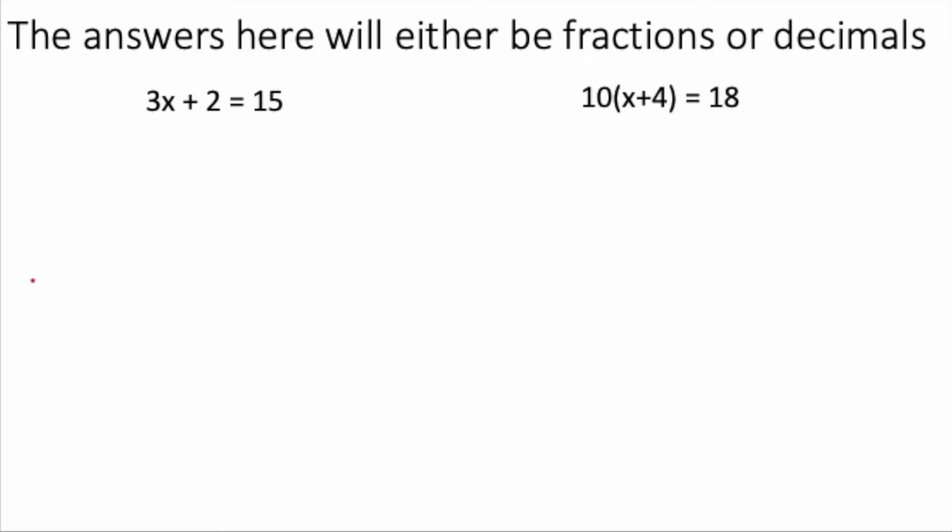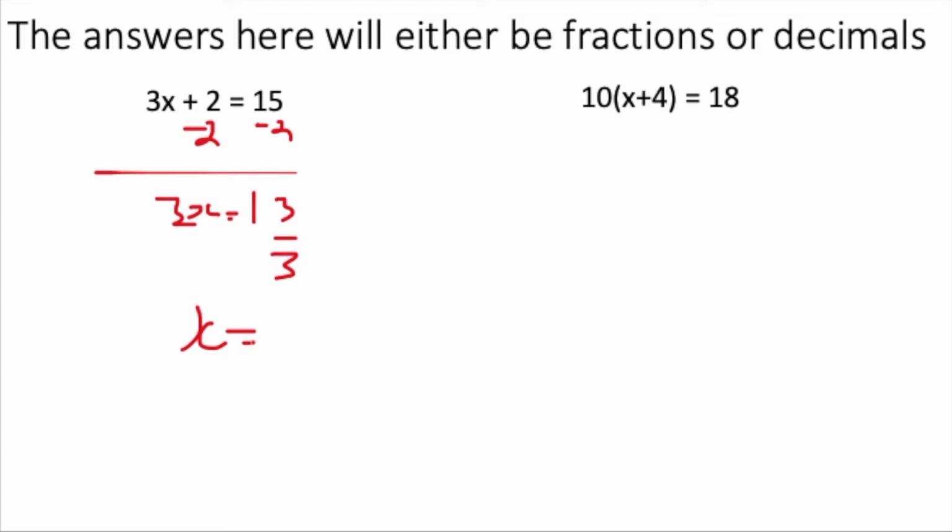All right, the answer here will either be in fractions or decimals. So you make that choice, and I'll show you how we make that choice. All right, so I'm going to start by subtracting 2 again on both sides. So this is 13, and this is 3x. Now I'm going to divide both sides by 3,